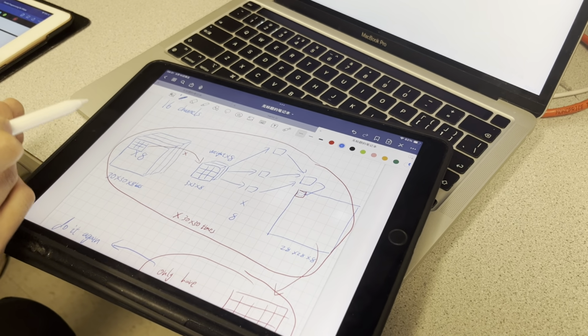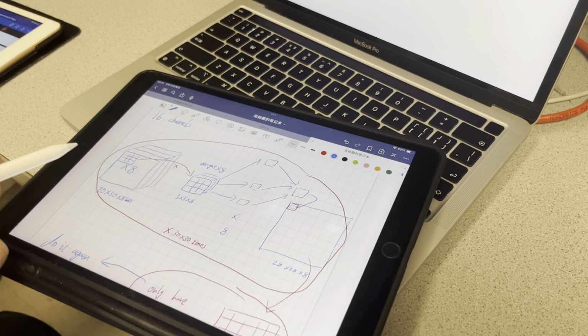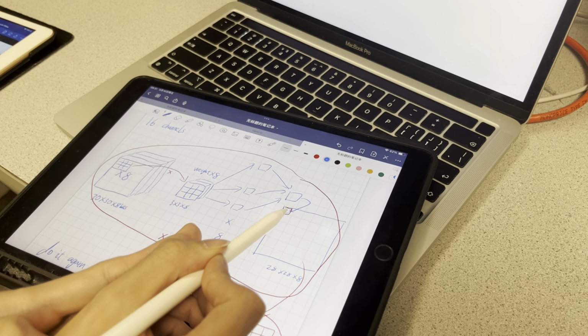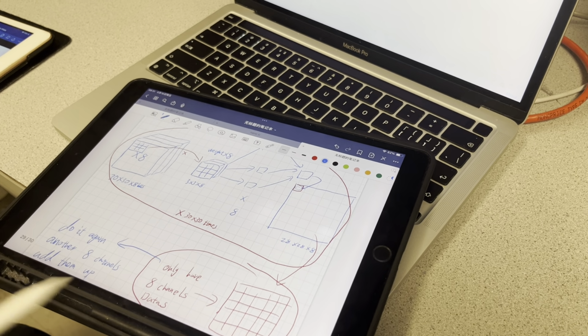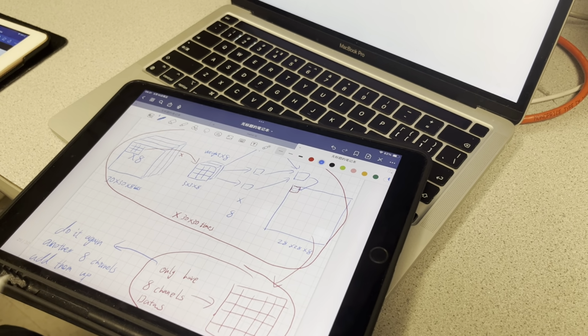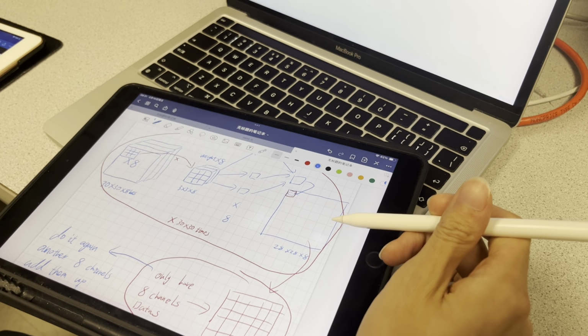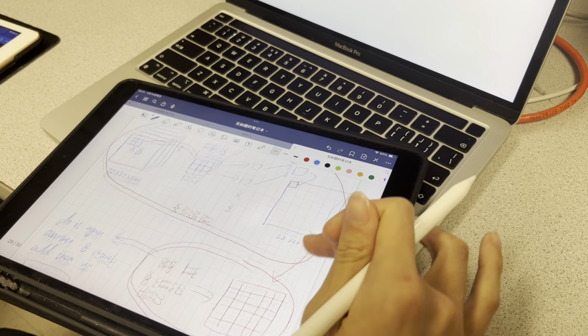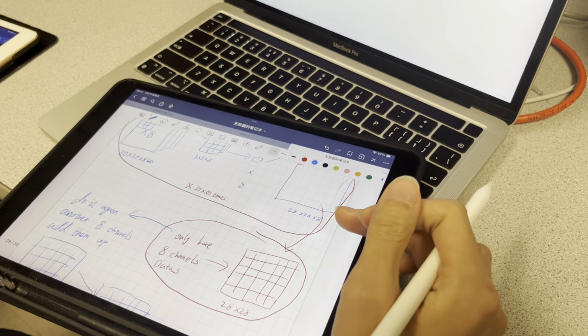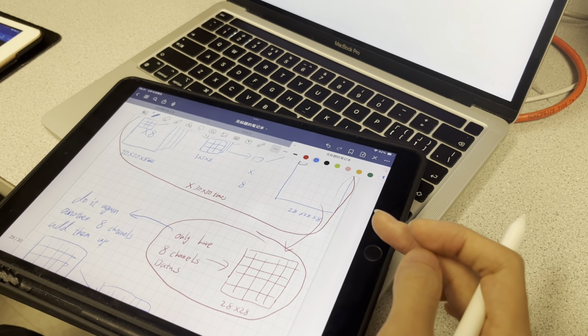We go back and do another 8 channels and have the data written at the same pixel. Once all the pixels have been written into the output feature map,